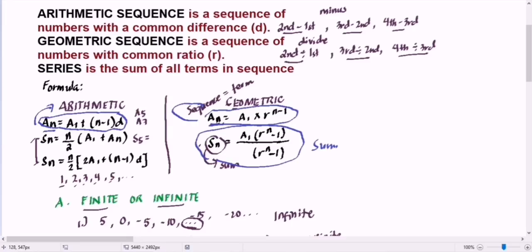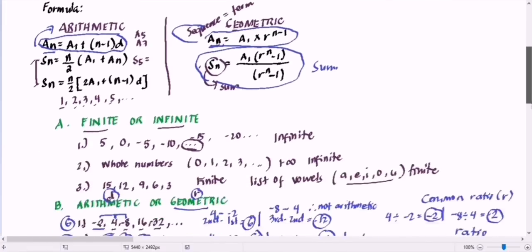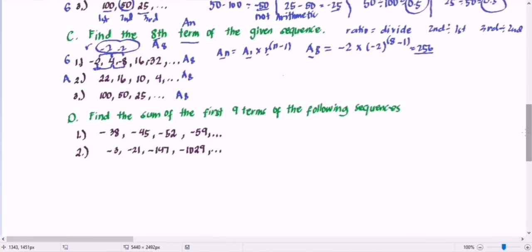Pero dalawa yung a sub n, may arithmetic, may geometric. So, pipili lang kayo. Since arithmetic tayo, ito yung gagamitin natin yung formula: a sub n equals a sub 1 plus n minus 1 times d. So, yun lalagay natin dito. Nagagamitin yung formula. So, dito, lagay ko lang a sub n equals a sub 1 plus n minus 1